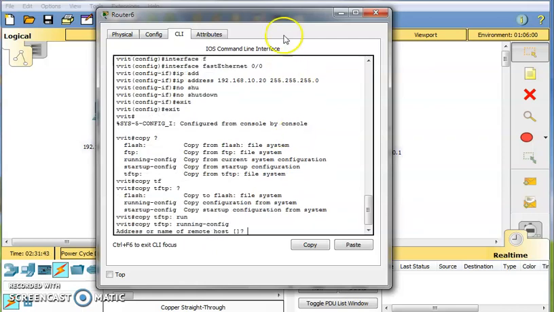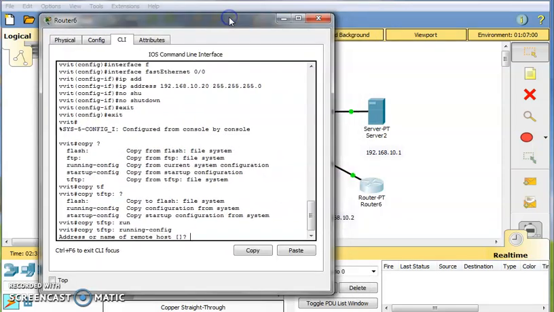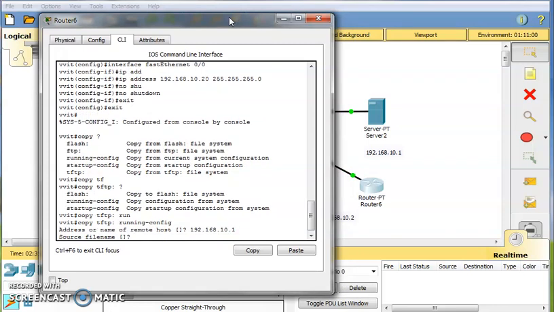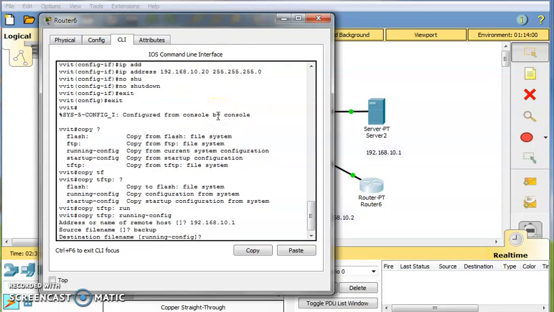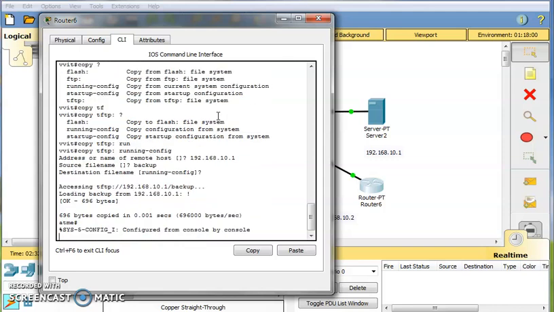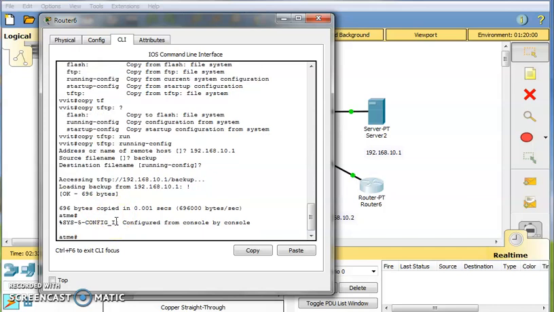Address or the host is 192.168.10.1, the address of the server where the backup is stored. Now the file name is backup. Destination file name as it is, running configuration. Now data is copied.